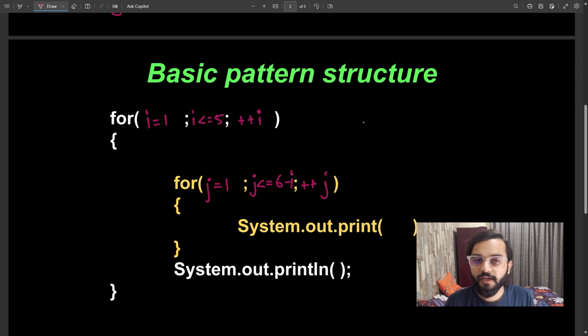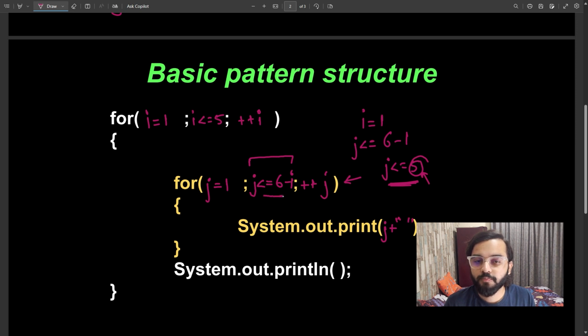So when the value of i is 1, this condition will execute 6 minus 1, and 6 minus 1 is 5. So in the first iteration, the innermost loop will execute 5 times, because the maximum number it can go to is 5, and it is starting from 1. So 1 to 5 it will go. We will print j here as you already know, with some empty space.